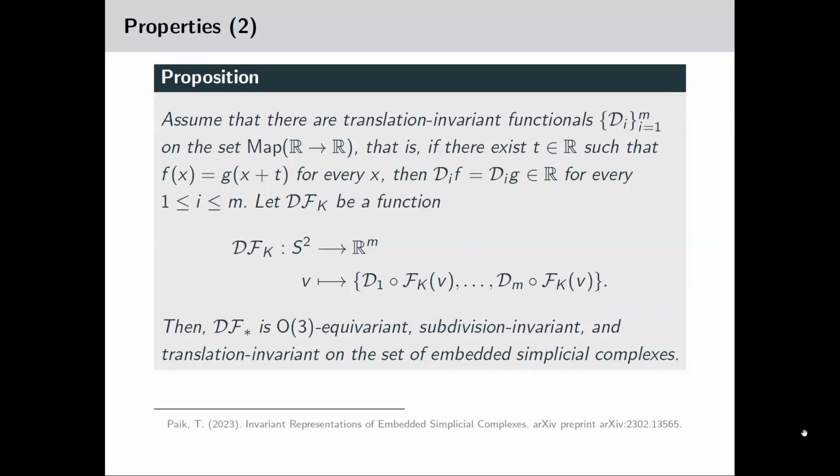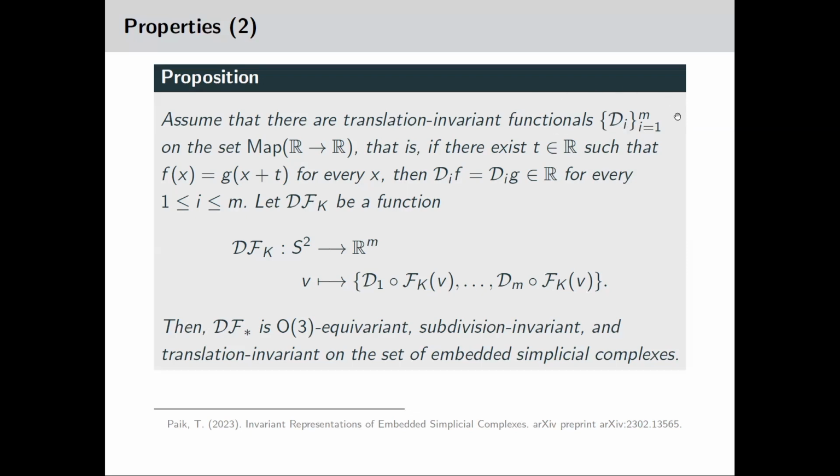So if you have translation-invariant functionals on R2R functions, and if you apply them to each Euler curve, then we get a translation-invariant function with respect to simplicial complexes. And it is still O3 equivariant, and this subdivision invariance is quite straightforward because we are dealing with the simplicial complex K using each characteristic function of an embedded simplicial complex. Right, so then the next step is how can we construct these translation-invariant